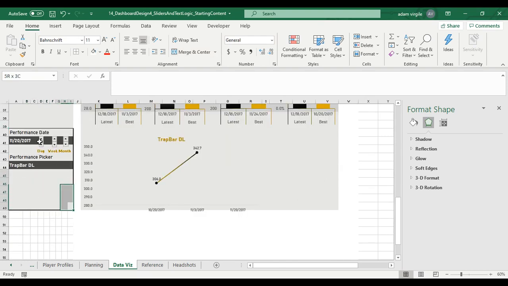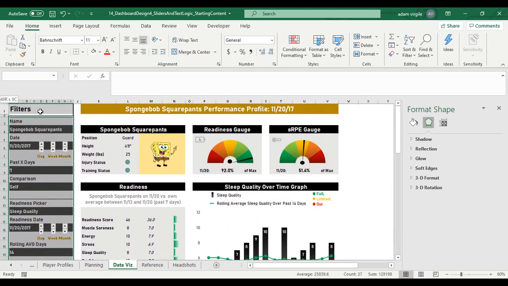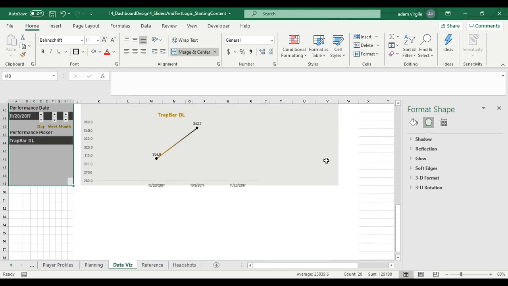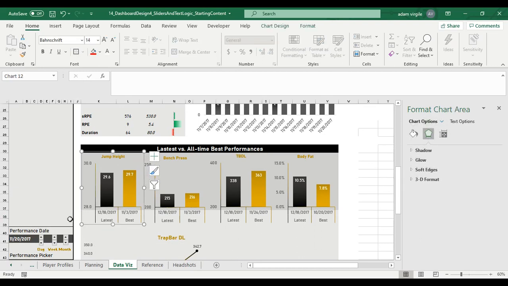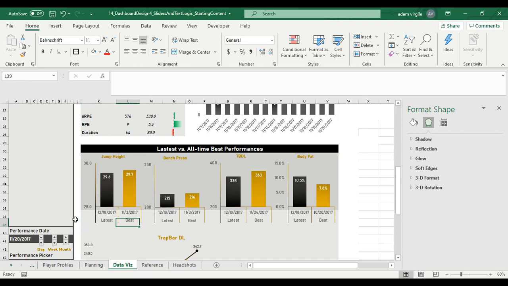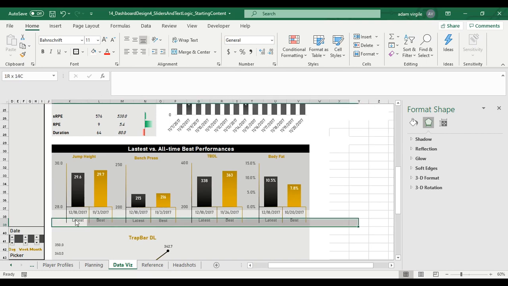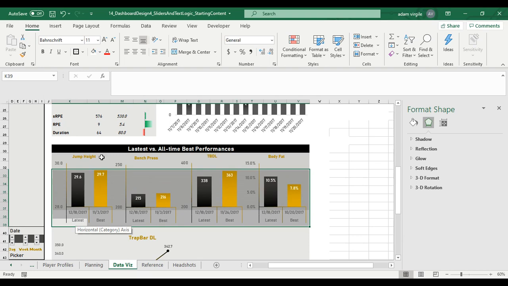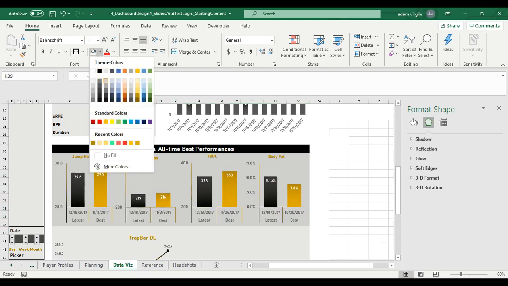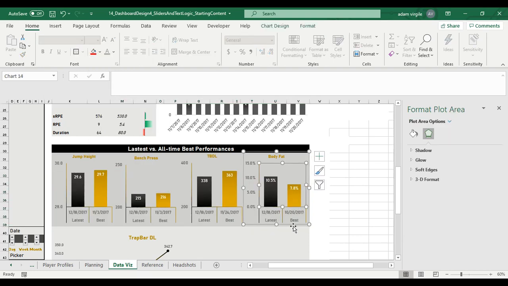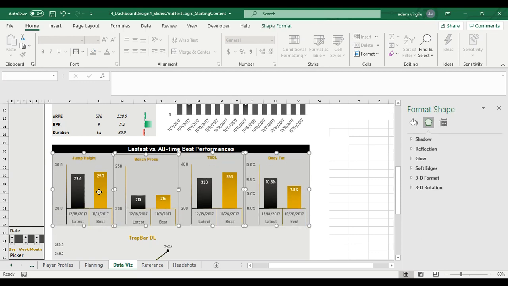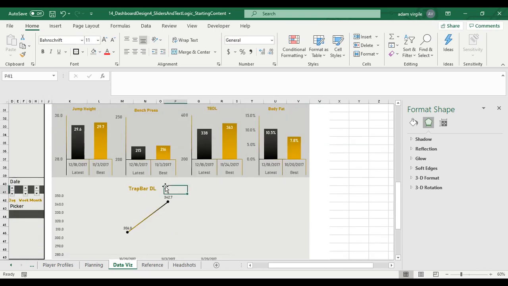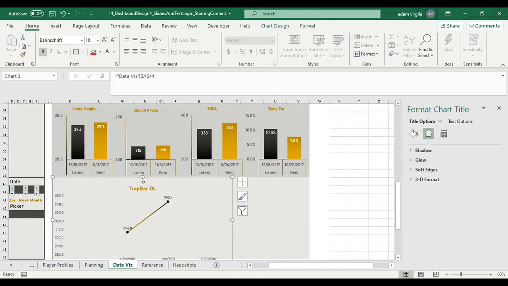And now, again, I'm going to highlight this whole kind of shebang here, make a big black border around it. And let's do this. I'm going to select all these cells and go up and make them the same color that they were. I think it's that color. Perfect. Maybe we can move these down a little bit more. Oh, I guess they're snapping to shape. That's good. Okay, and I moved trap bar deadlift over here so that I could add a,